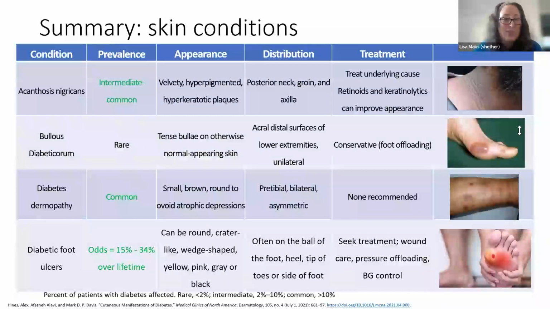So it can be quite visual. It's quite rare to have bullosis diabeticorum, which are blisters often on the foot, but they would do offloading at that point, and that would definitely require a specialist in that case. Diabetes dermopathy is quite common, and you can see here on the picture that it's darker spots. It can be bilateral, it can be asymmetric, and often there's not a lot of treatment for that, which is